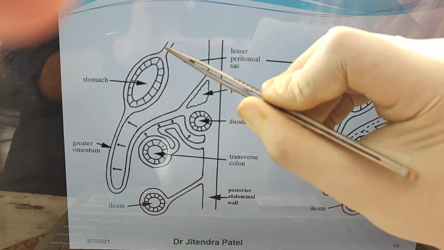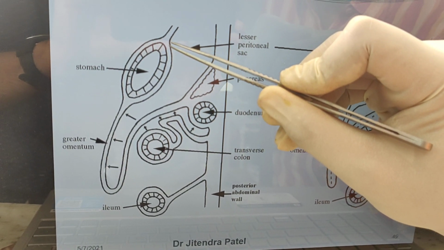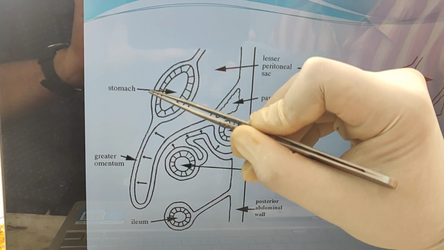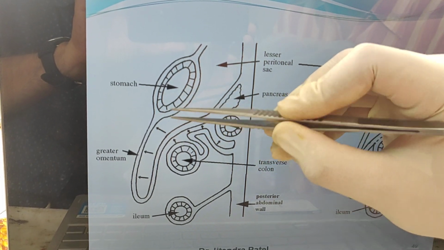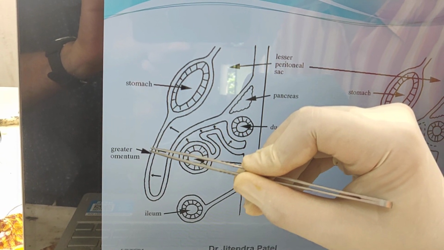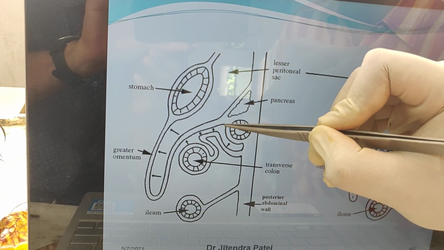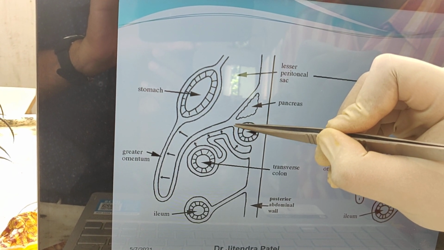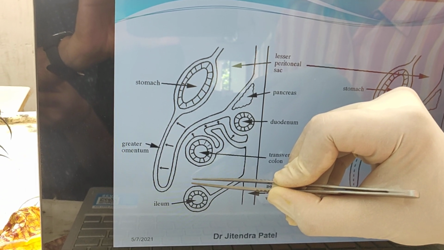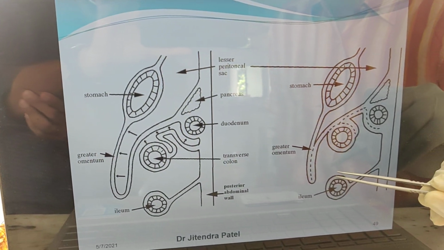Here you can see this is the stomach, and this is the greater omentum posterior layer, which covers the posterior inferior surface of the stomach, and the anterior layer covers the anterior superior surface of the stomach, and then it becomes continuous as the greater omentum. So this first layer becomes continuous as the fourth layer of the greater omentum, and it reaches up to the posterior abdominal wall. This is the diagram from fetal life up to adolescence, 15 to 16 years of age, and this is the diagram after 16 years of age.